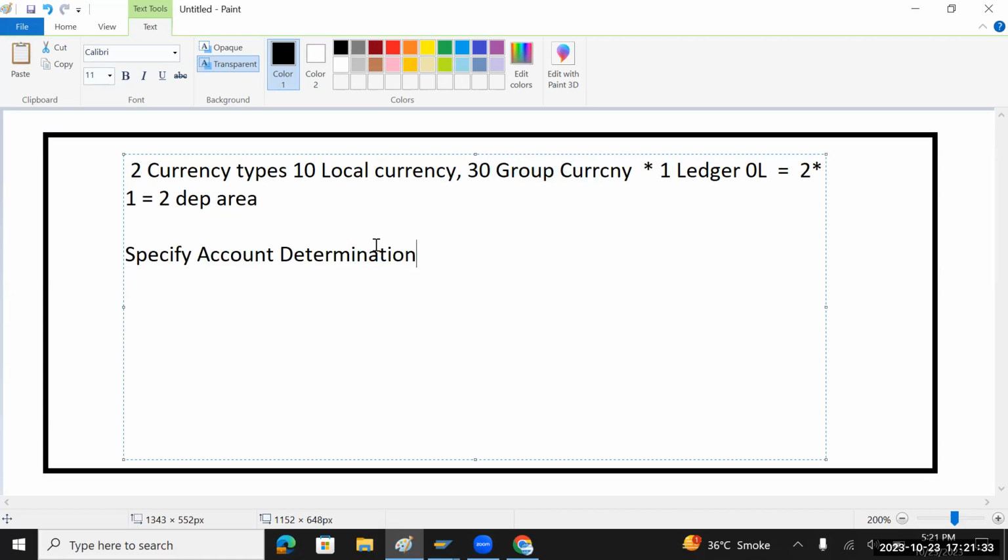So specify account determination. So in asset accounting, account determination is nothing but an asset accounting term. So that account determination is equal to your finance. In finance, you will be assigning a GL account to this. So whatever the GL account of finance means